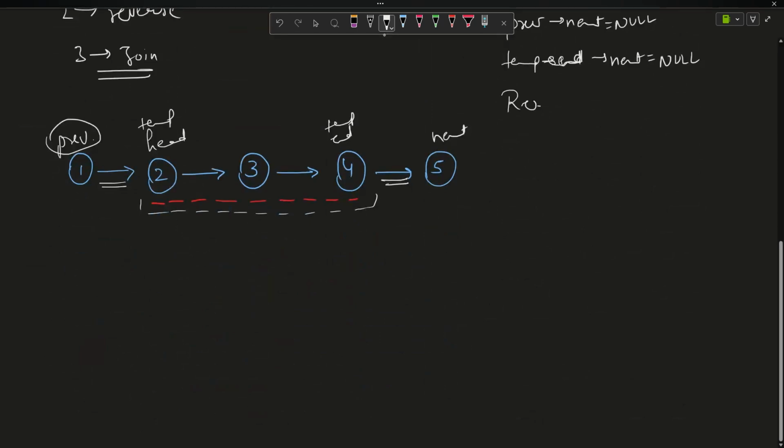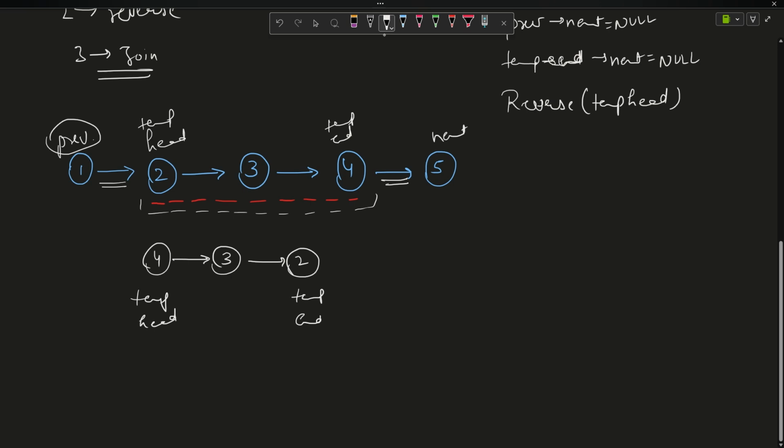Then reverse this part, that is reverse temp head. This linked list becomes 4 connected to 3, connected to 2. Now your new temp head is this, and your new temp end is this.